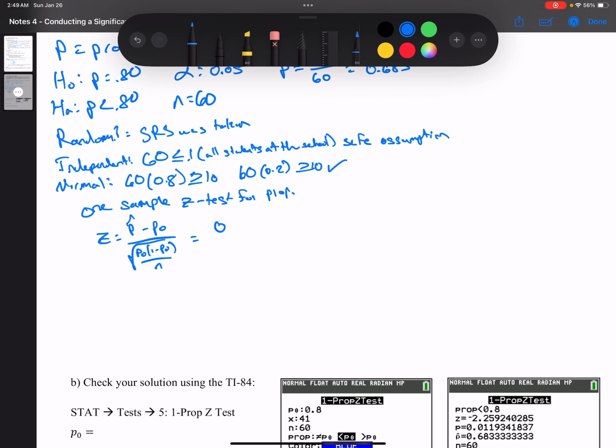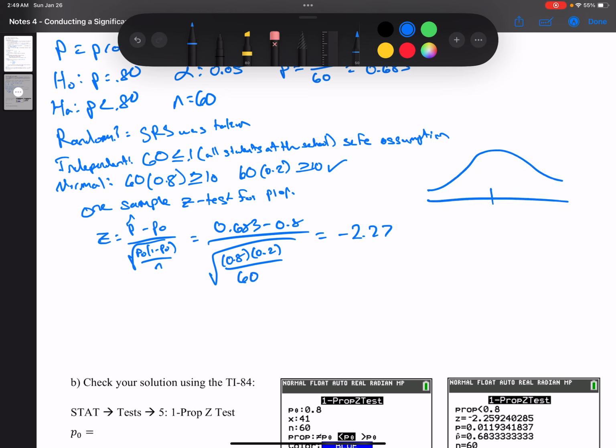P hat was 0.683, P naught was 0.8, and then the square root of 0.8 times 0.2 over an N of 60. This gives us a Z of negative 2.27. Okay, and again, if we want to draw that out, we have our 0 here, we've got negative 2.27 over here, and we want to see what is less than. Okay, it's going to be a normal